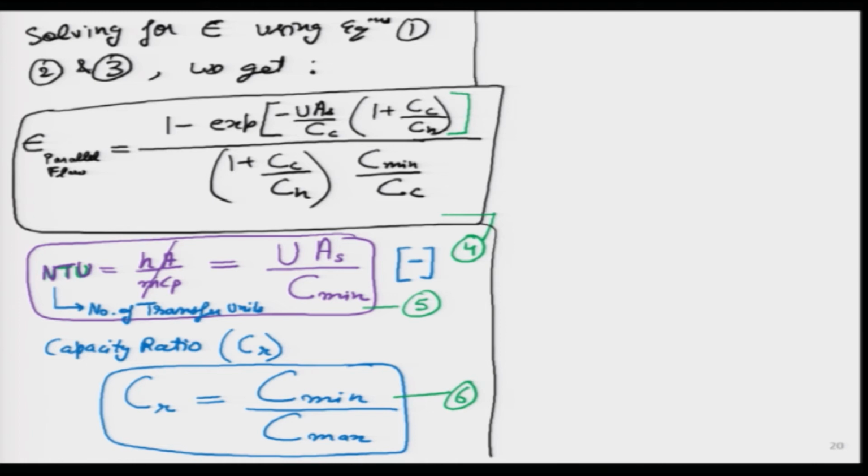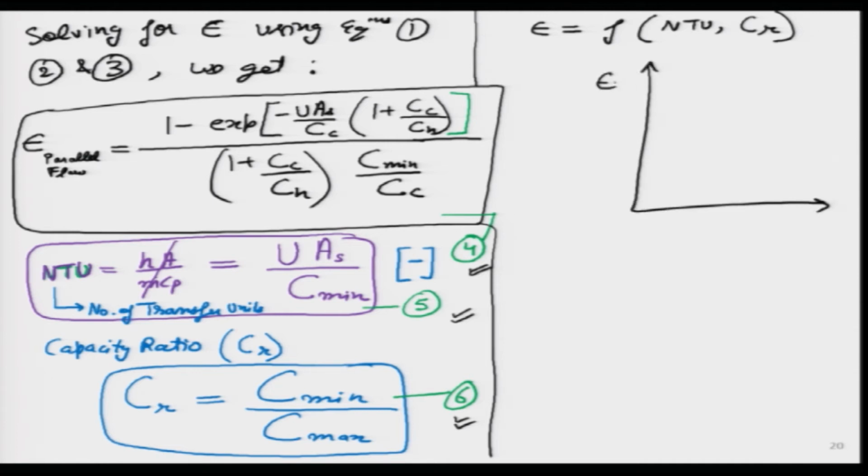Now, why am I adding these equations 5 and 6? Was not 4 okay by itself? I want to generalize this equation number 4. Why? Because I want to write epsilon as a function of NTU and also of capacity ratio CR. Why am I doing it? Because I want to reduce all the information which I will be getting later on into some simple curves and figures. As human beings, we want to reduce all the available information in as simple terms as possible.